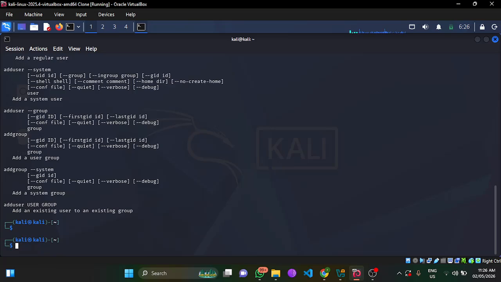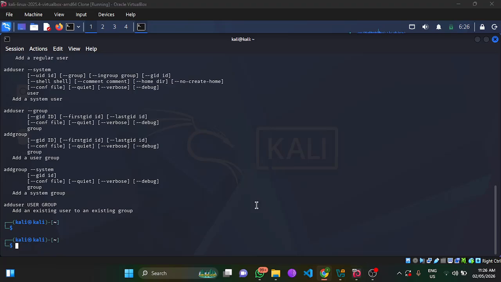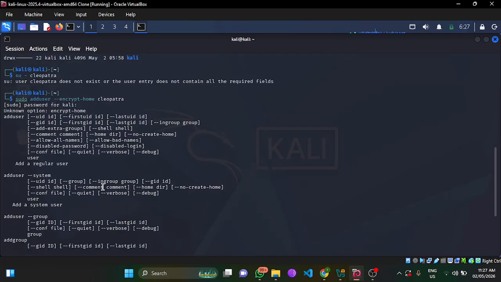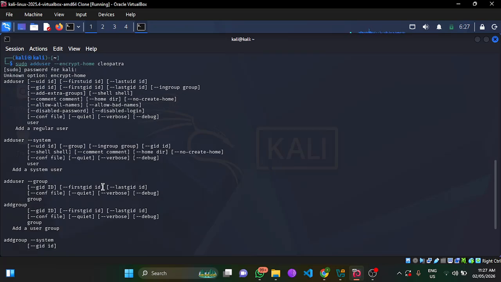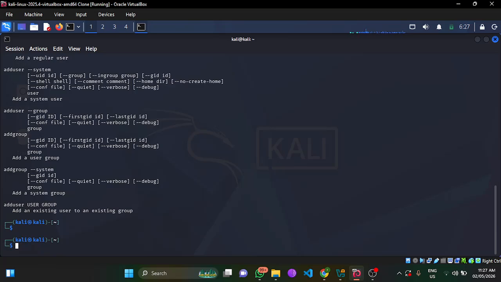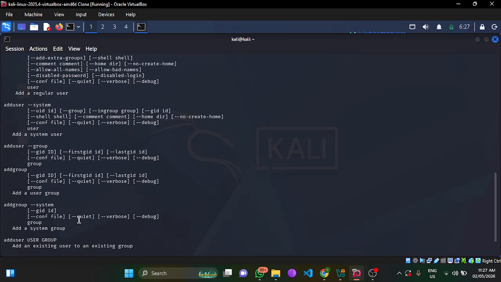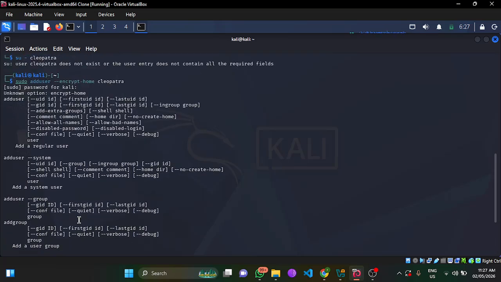What could be the problem? So I'll just go ahead to check the format. Maybe we used the wrong format to perform this task. So addgroup, adduser,